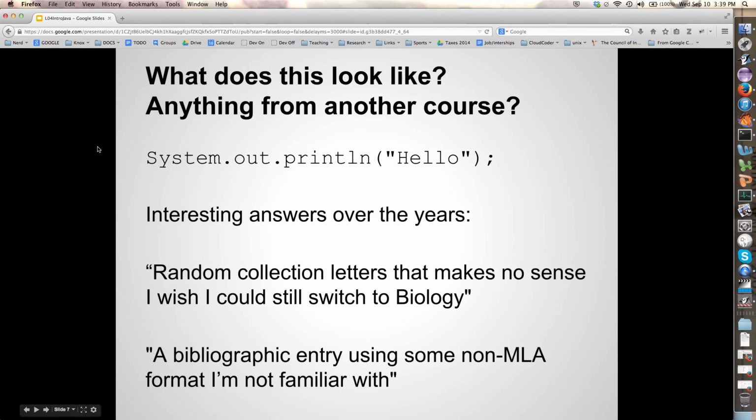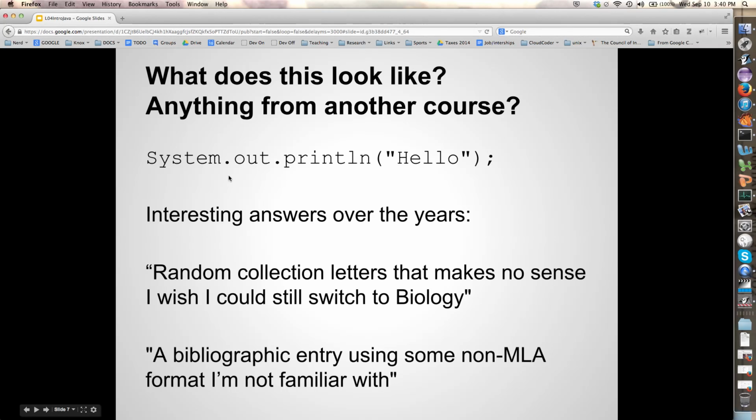I had some fantastic answers. It's a random collection of letters that makes absolutely no sense, and man, I really wish it weren't too late for me to switch to biology. So that's one possible thing. The other thing, one student, a history student who was a senior, really needed a science, said it looks like a bibliographic citation. Like, that's ridiculous. But then I thought about it, and I'm like, well, no, that actually kind of makes sense